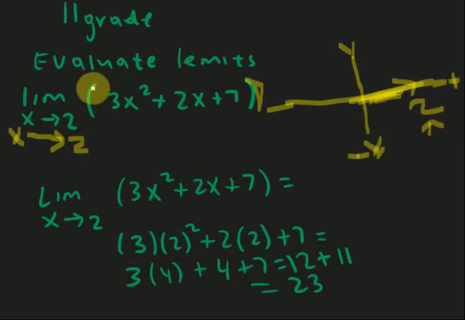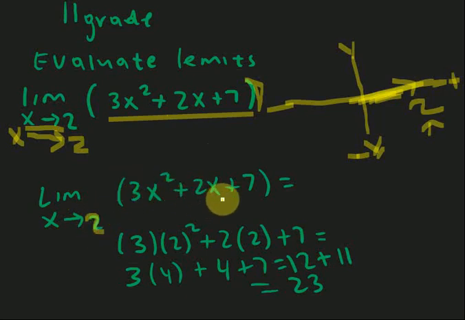what will be 3x squared plus 2x plus 7? That's what it's all about. Limit as x approaching 2, what will be 3x squared plus 2x plus 7. So you're going to say limit as x approaching 2,